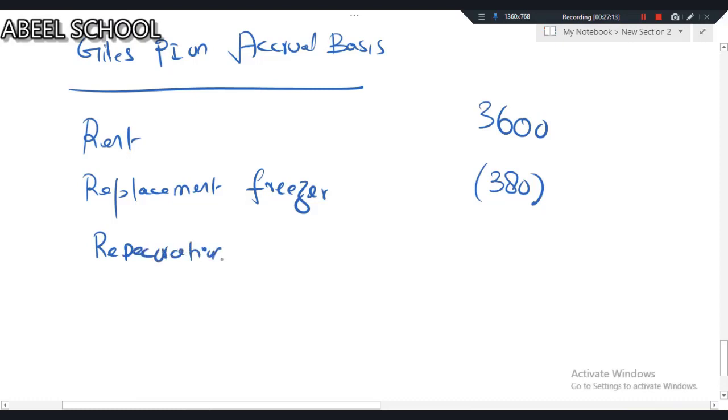Redecoration cost. Now a very important point, redecoration cost comes on insurance. Very important, insurance. Basically, when you are solving the property income question on accrual basis, you have to time apportion the insurance, because normally insurance is paid for 12 months. Since insurance is paid for 12 months, you have to time apportion the insurance, but only on accrual